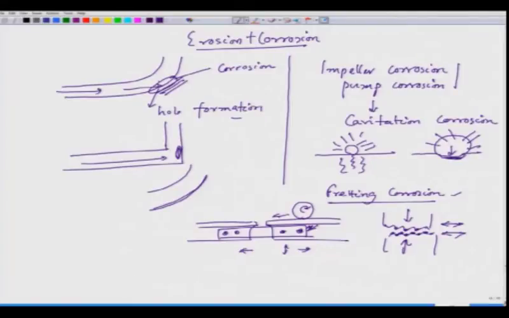So, in order to avoid this fretting corrosion, people put grease, a lubricant, which will reduce this friction effect. And this lubrication also helps in avoiding the crevice effect, because it will not allow water ingress into the crevice. So, it acts in two ways. Like that there are cavitation, fretting, erosion corrosion, there are many examples. We are not looking at this in detail, but this is a bird's eye view of what erosion corrosion is. And finally, we have stress assisted